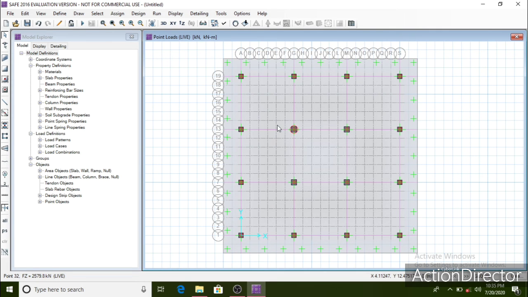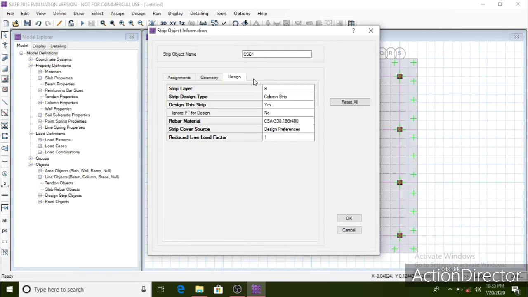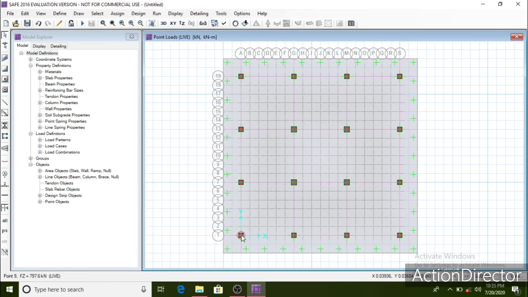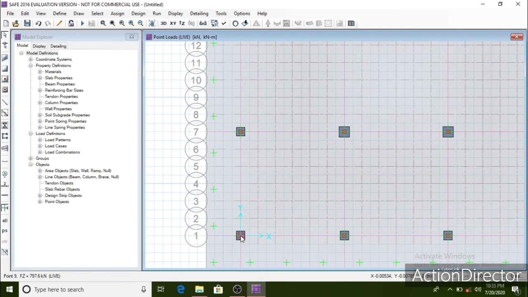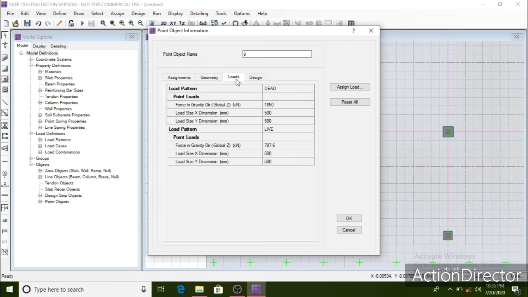Let me just check if I have entered the correct values of dead and live loads for all the columns. So just right click on each column. I have selected design strip layer, so you have to be accurate by selecting the column point loads, dead load and live loads.